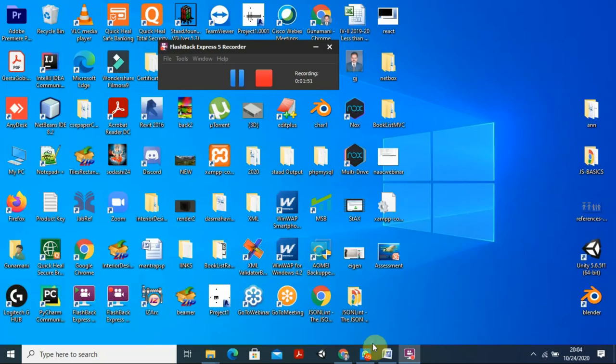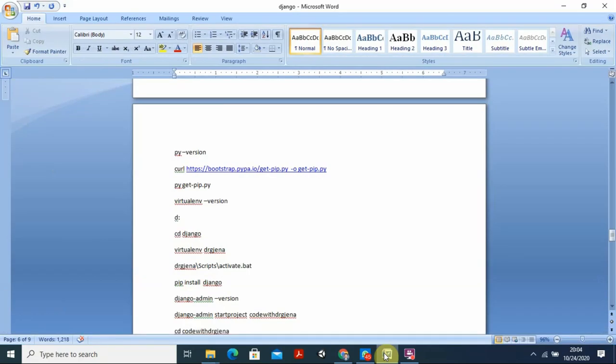Yeah. So once your Python is installed, the next step is to check whether Python is installed. For that you type this command: py space hyphen version. It will show you the version that is installed. Then for installing anything through pip, you need to install pip also.